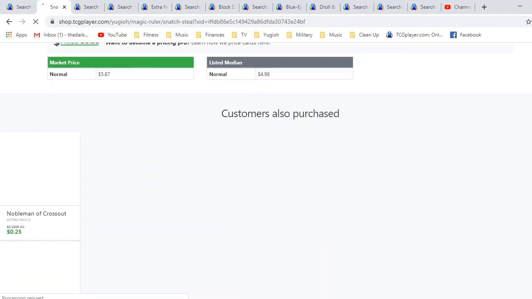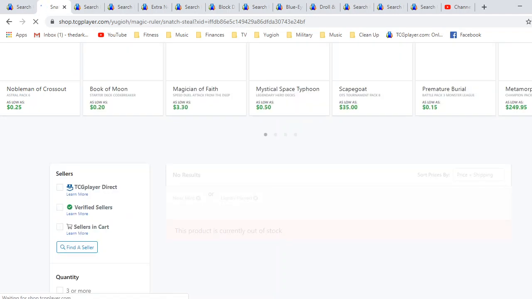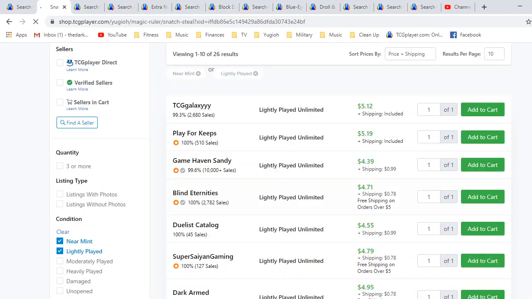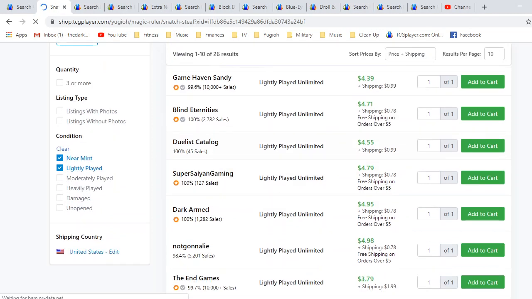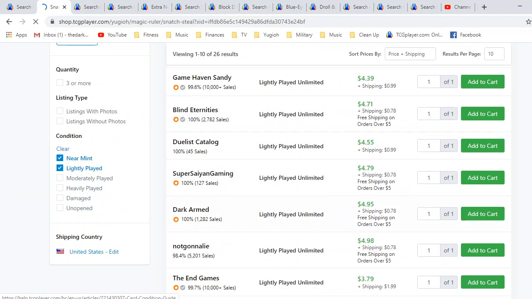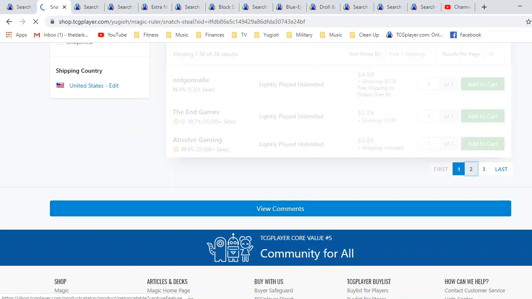I'm looking at the lightly played and near mints, and it looks like they're about 5 bones plus even for the unlimiteds. I really don't recommend collecting this card in unlimited. It does get very pricey for the first editions. I mean, the card itself, you can only see there's 3 pages here for the original prints,